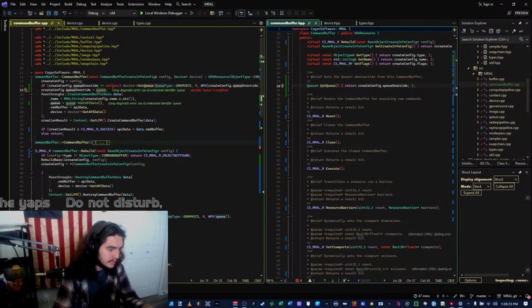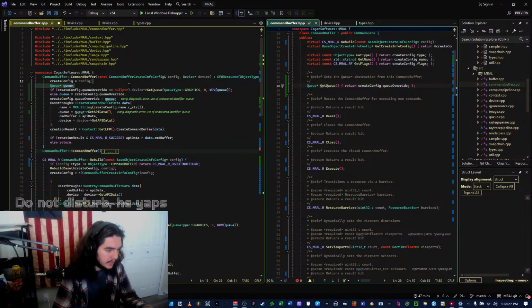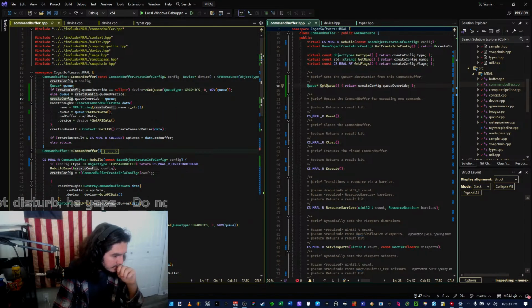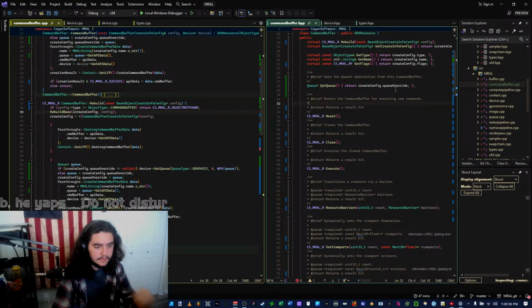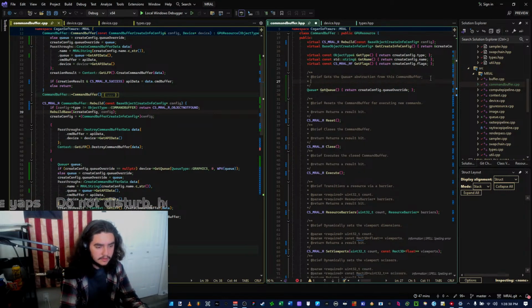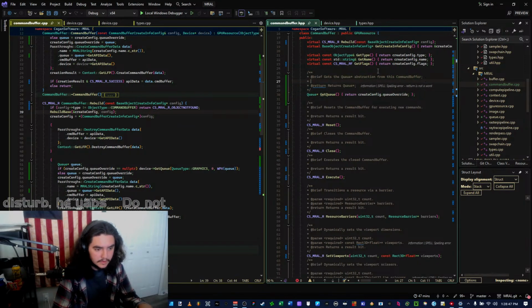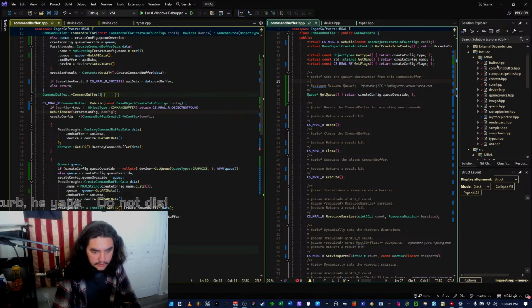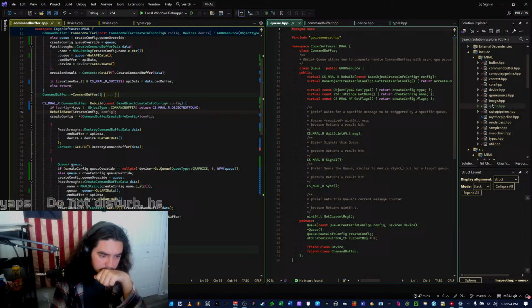I'd rather do it like this. Oh wait, no, I do it that way. Okay. I set it here. And then when I'm recreating it, I set it there. I'm good. Return returns Q. Now I just gotta head into the Q abstraction.